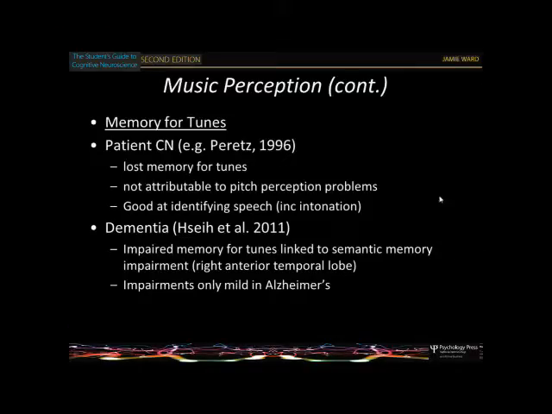But again, they seem to be able to recognise that. In dementia, what's found is that if you lose your semantic memory, your store of knowledge and so on, you also lose your memory for tunes as well. In the same way as you lose your knowledge for objects, more so on the right. So this is something we'll talk about as well, that a lot of music processing tends to be more right hemispheric and language more left, although it's not quite as clear cut, but there is something in that statement. But you tend not to get it with Alzheimer's, for instance, which is more episodic memory, remembering and discriminating between different episodes.